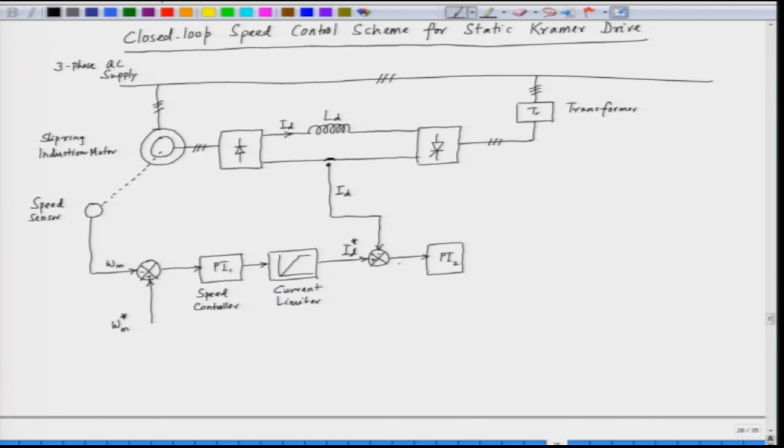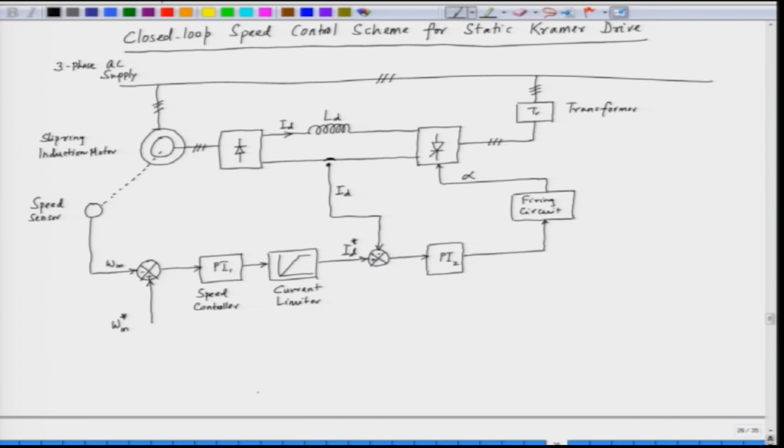And then we have the firing circuit, which gives an angle alpha, the triggering angle to the converter here,